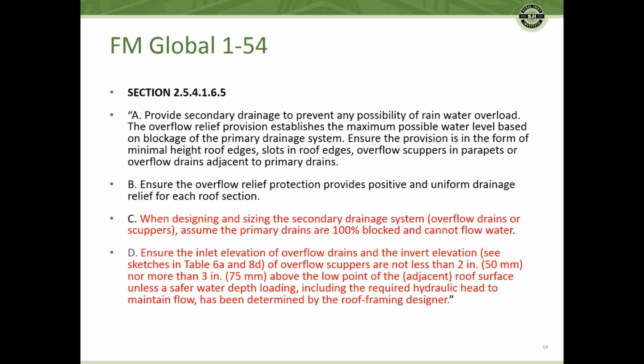is required because you don't want the scupper, let's say, right at the exact roof elevation, because it's more than likely that when somebody puts down a tar and gravel roof, for example, they'll encroach on the scupper, and you may not have an opening as large as you think you have. So they kind of wanted to get it up off the surface of the roof, and then they say not more than 3 inches. Actually,